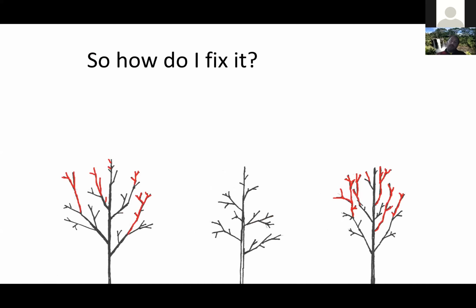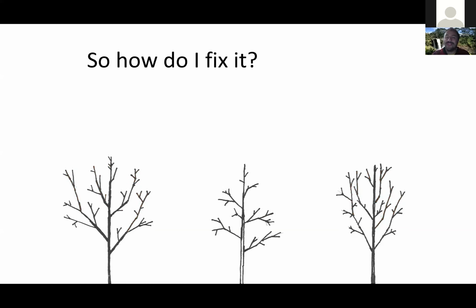So as we wrap up structural pruning, I'm just going to show you guys something. I'm going to give you maybe a few seconds to think about this. I already showed you, so that doesn't help. We'll go back, and I'll still let you think about it for a second. I've got here three trees. Some of these have shown up earlier in the talk, but this one has good structure. Don't worry about it. Here you have two trees on the outsides that have poor structure.